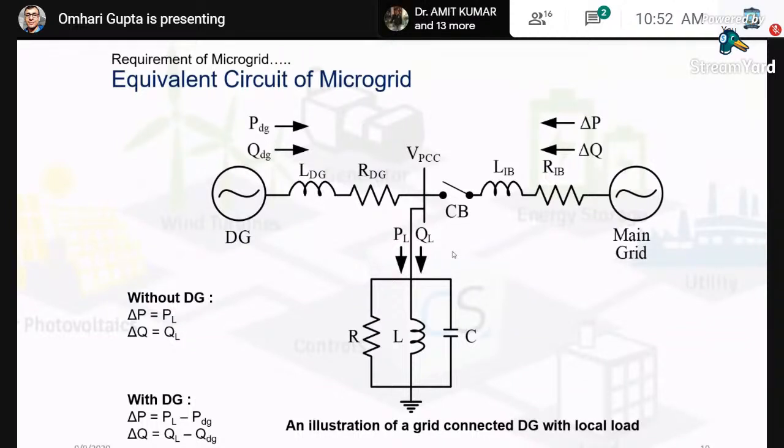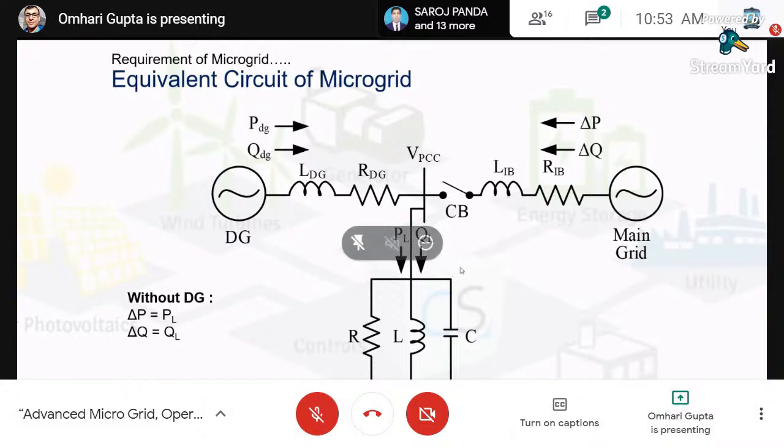Now, understanding this, how we are consuming power or supplying power out of the DG. We have converted all the distribution system load into its equivalent RLC parallel circuit. Let's say at any moment, this is drawing active and reactive power, which are PL and QL. So the requirement in terms of active and reactive power can be fulfilled partly from the grid and partly